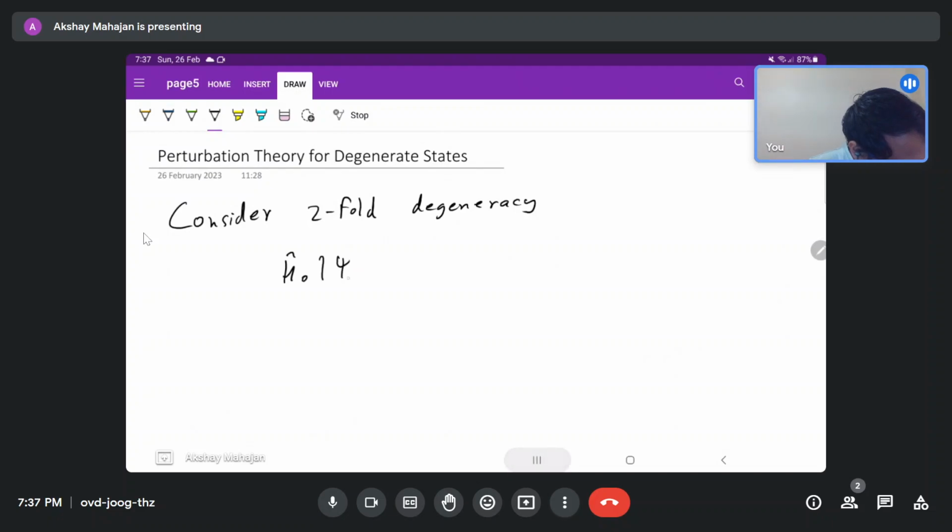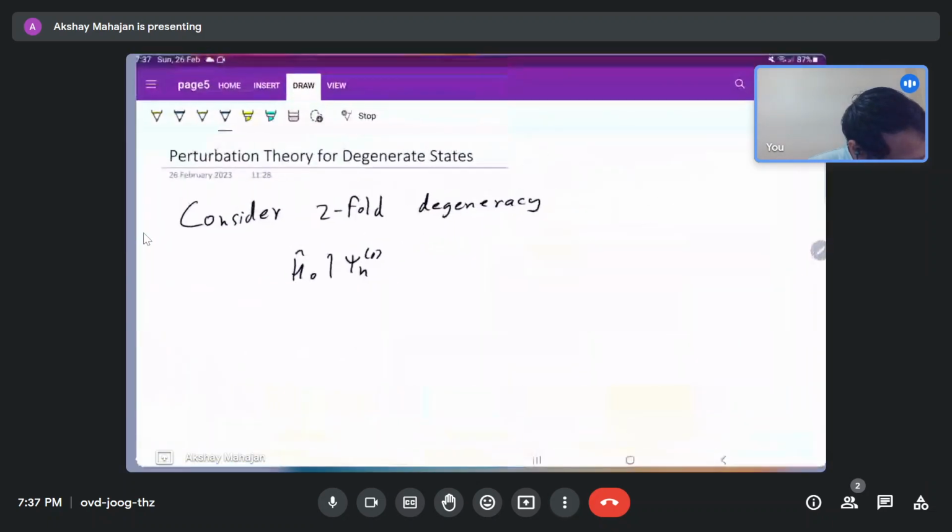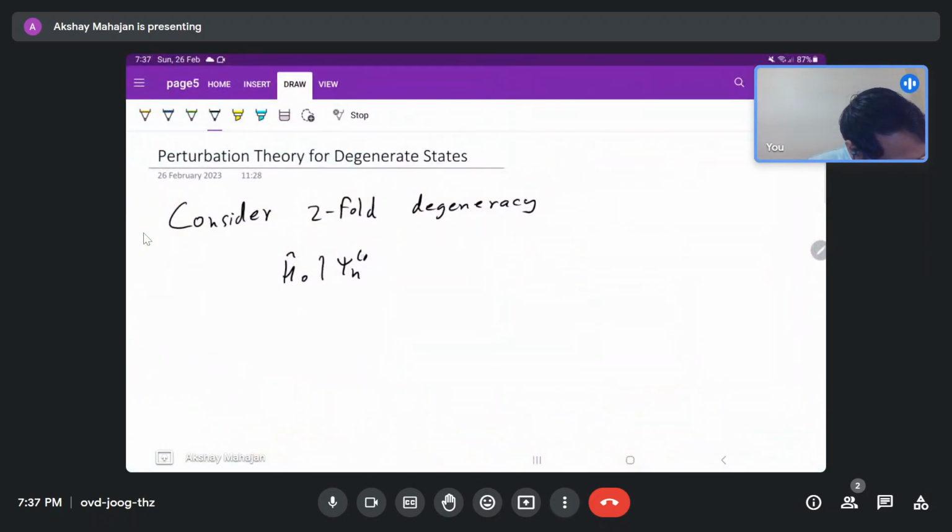Let's say I have some psi n of the zeroth order, the n-th energy state of the zeroth order, and it has a 2-fold degeneracy. So I will say it has some state A,